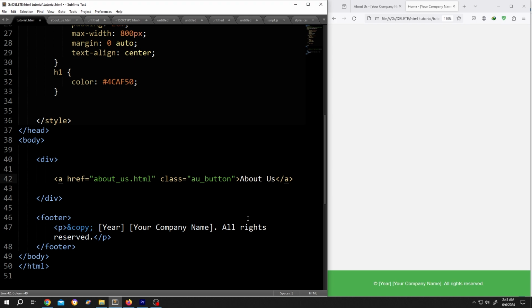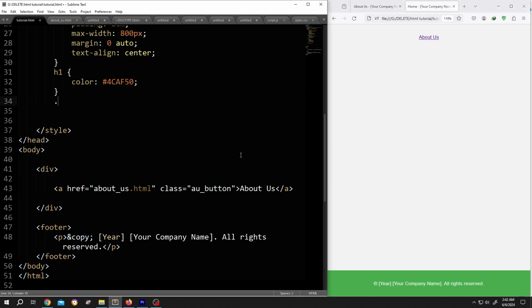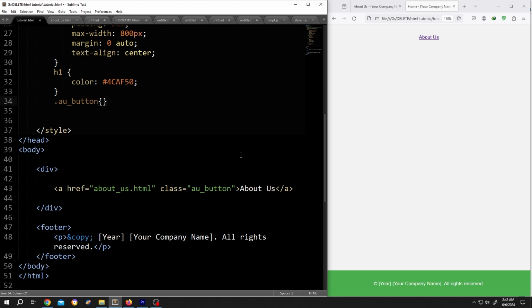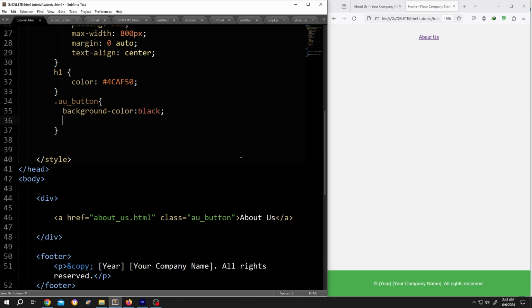Let's see what we have so far. Save, reload. So we have our about us text here and it's totally functional. Now to customize it, go to the style section, call for the class, this one, .au button, opening brace, closing brace, give it some space, background-color, suppose black, then the text color